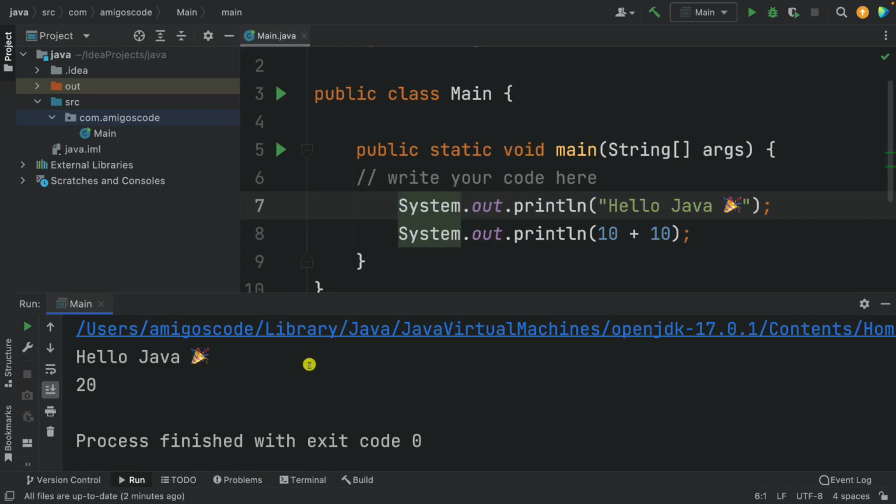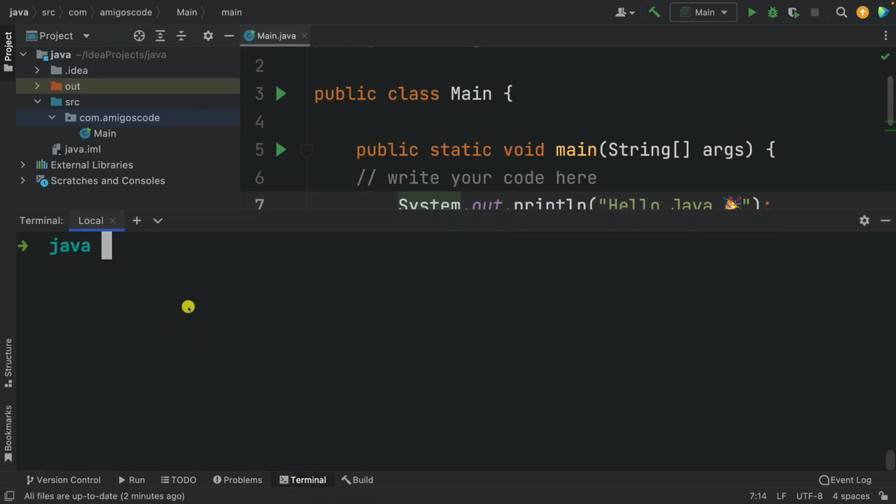So let me open up the terminal within IntelliJ, and in here I'm inside of Java. So this folder is the exact same thing as this one. And what I want to do is to cd into src. Now within src, what I'm going to say is javac. So this basically is using the Java compiler, and I want to compile the class which lives under